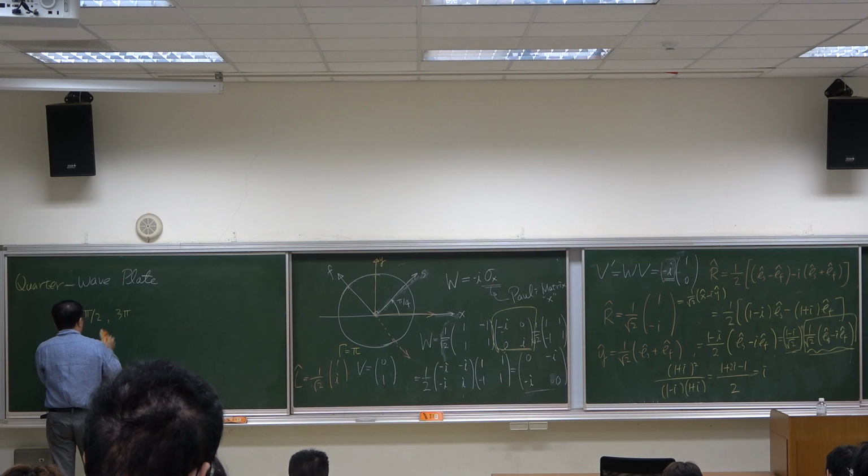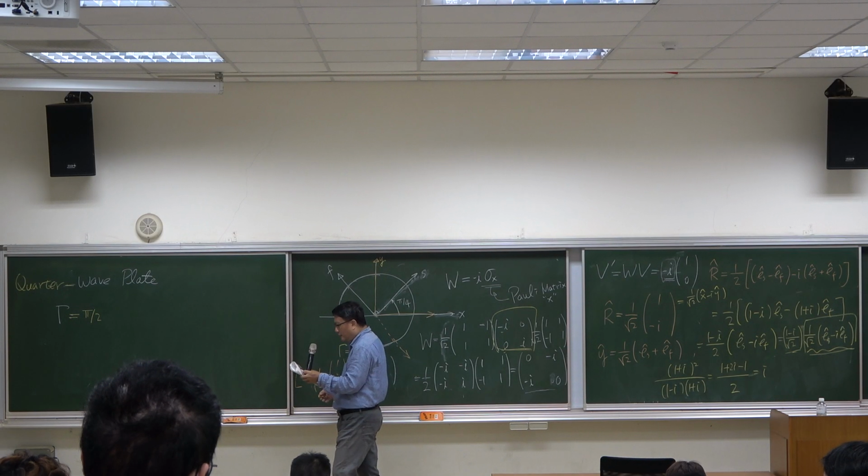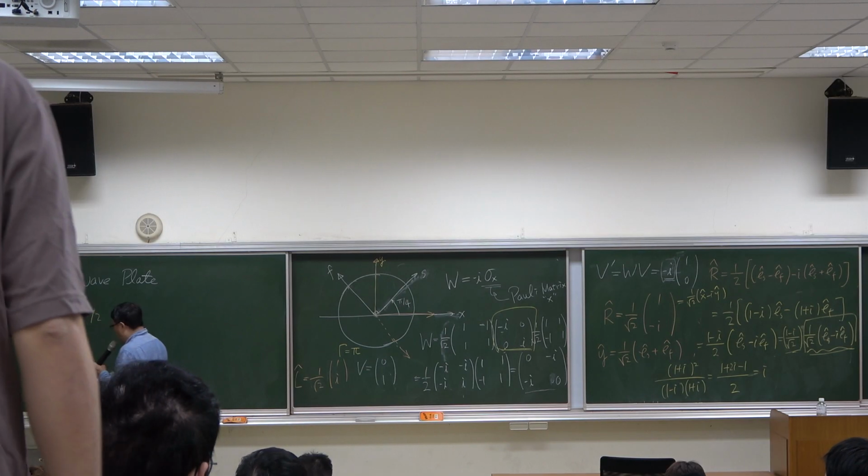To keep it simple, we directly take gamma equal to half pi. So when gamma is equal to half pi,